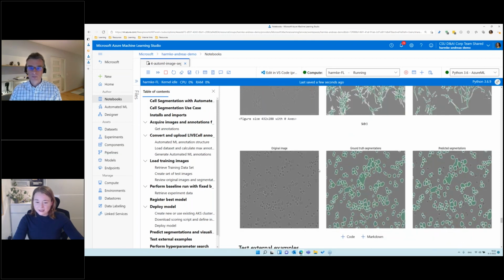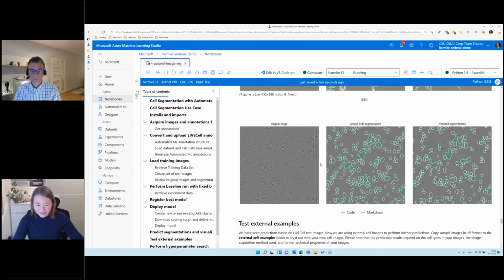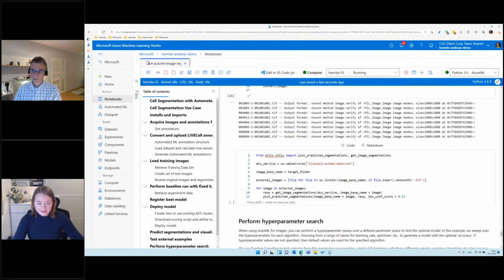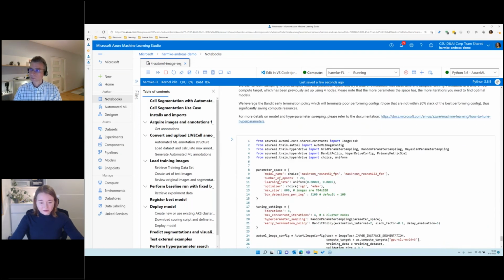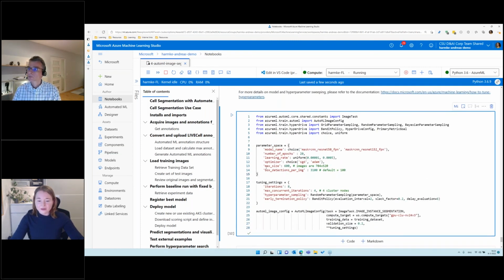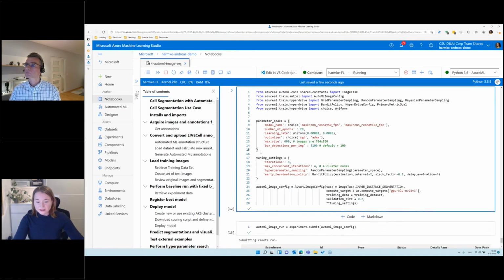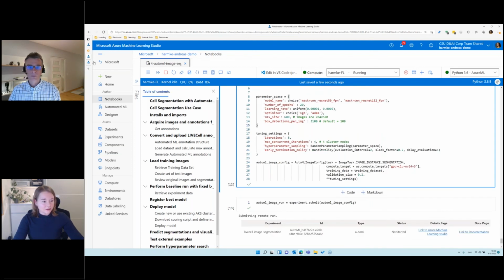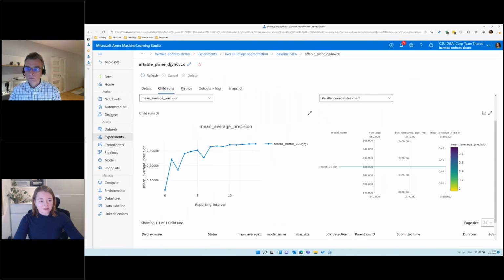And to be fair, the results that you're seeing here are actually from a model that is a bit further optimized from our initial baseline run. So what we actually did is another run of the model where our parameter space is not fixed anymore, but we defined some different parameters in AutoML to be optimized. So in this case, instead of only one run being executed, we will actually do multiple runs at the same time, and we will verify which parameters will give the best result for the model. So in this case, we do 8 iterations. And if we go back to our experiment,